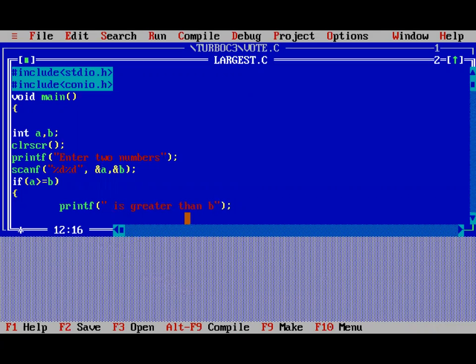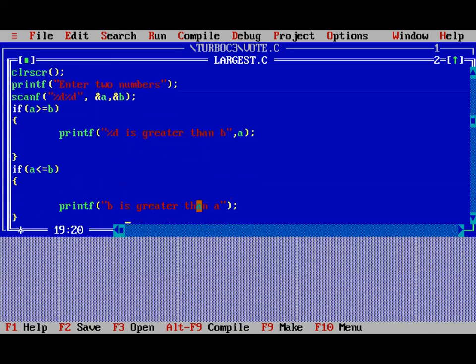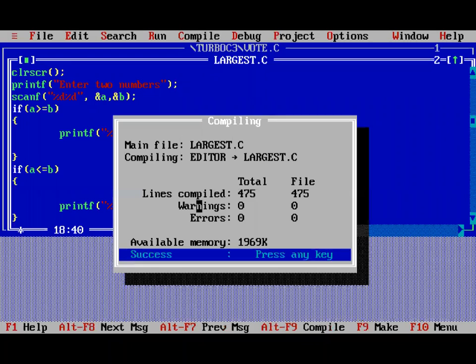Here we can use %d also here. And here we write A. And here we write instead of B, %d. And we compile the program. Run it.